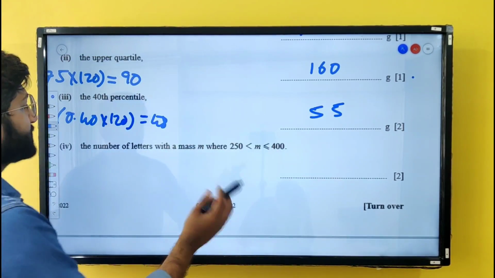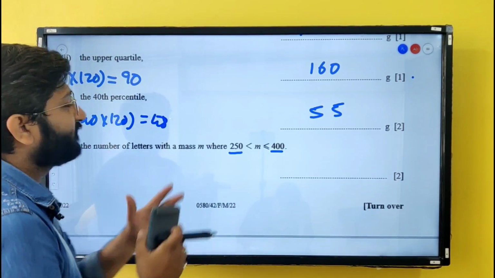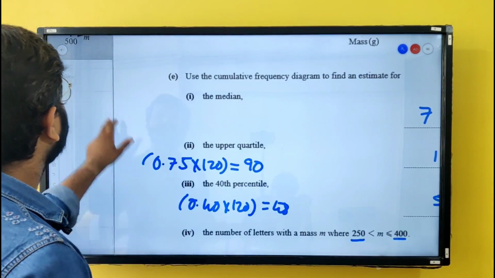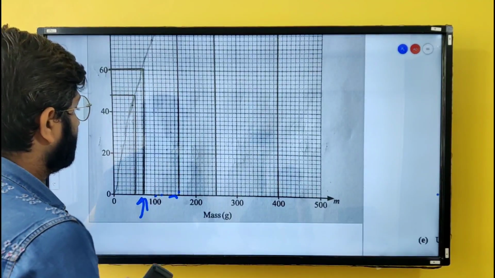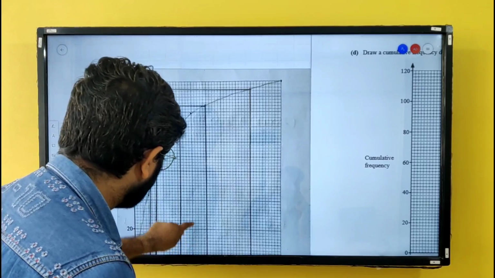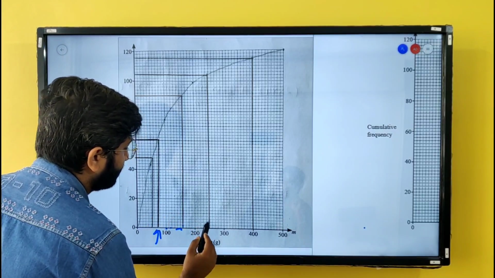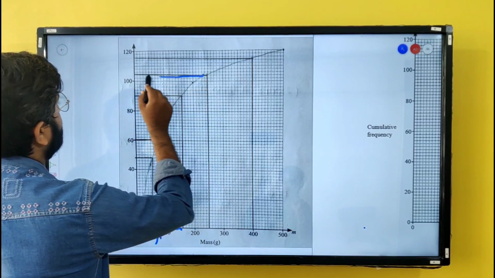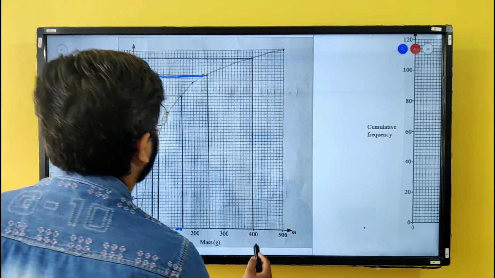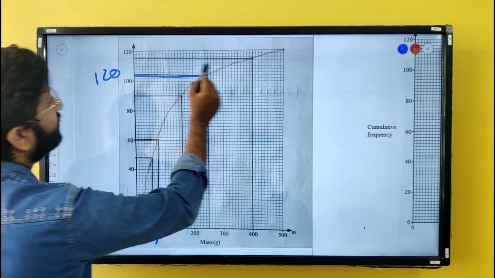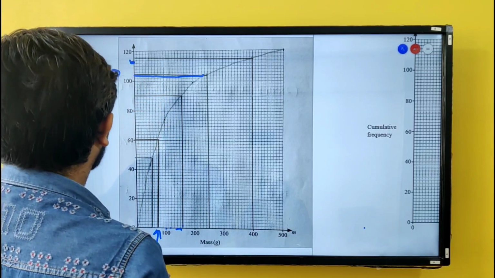Next, find the number of letters with the mass m, where m lies between 250 and 400. Okay. So number of letters between 250 and 400, pretty easy. Let us mark 250 first. So at 250, you can see my graph is here. I think it is at 120, right, and at 400 my graph is at slightly above this point. So this is, just a second,